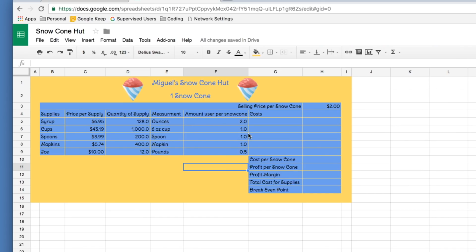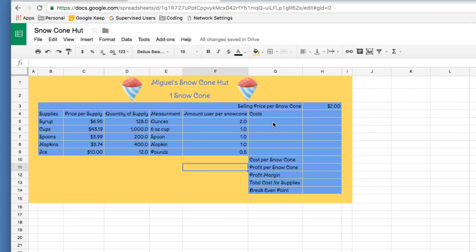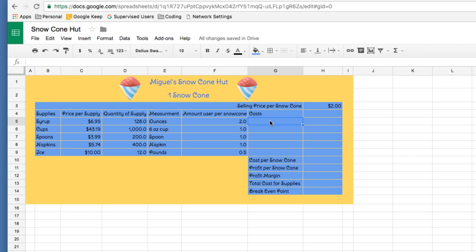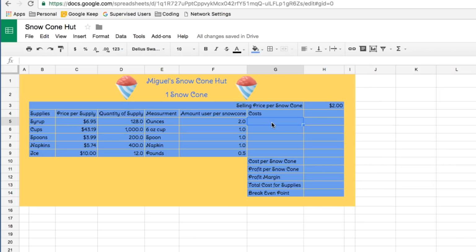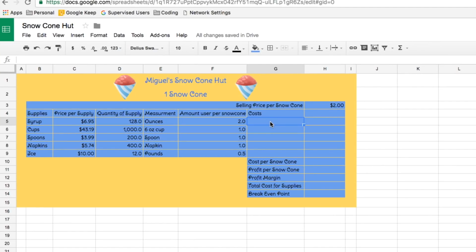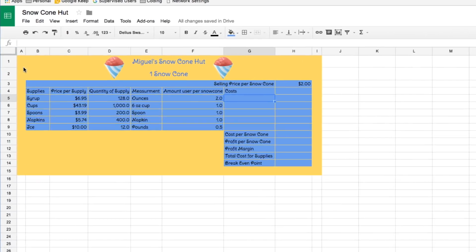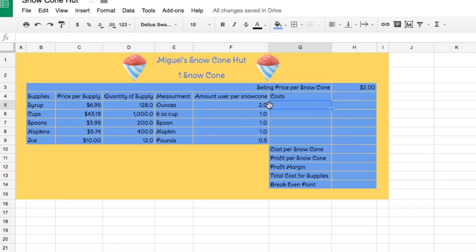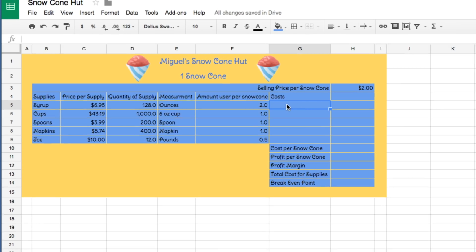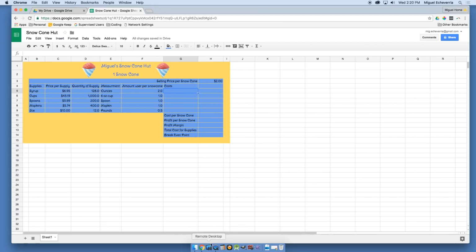Okay, the first formula that we're going to do is right here in this cell, on cell G5, right there. Okay, you're going to want to add in a calculation. We could use a calculator to do this, but a spreadsheet is simply a calculator. Each one of these lets you do a calculation, and every calculation you do, they're called formulas, you must put the equal sign first. So let me just show you on a calculator